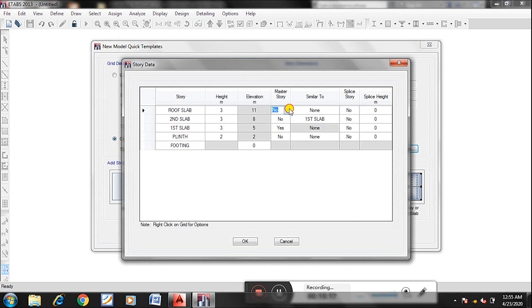Obviously the roof slab will not have the same loads as the first slab, and plinth is only having beams. We don't have any slab there. So things are not the same, whereas first and second slab are similar, right? First and second slab are similar.